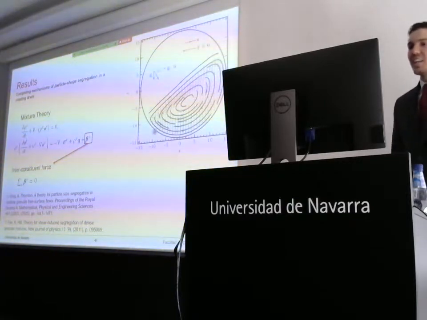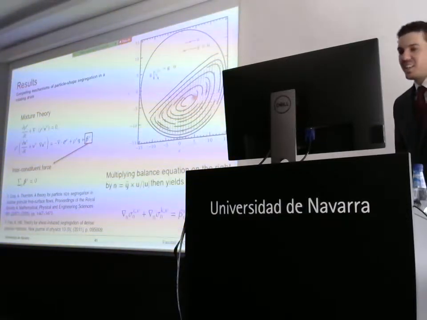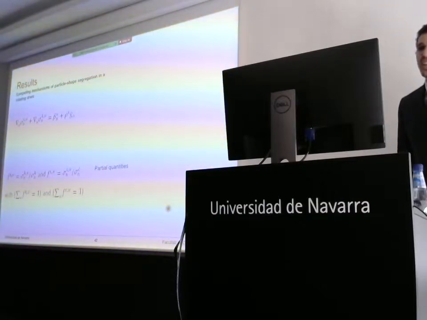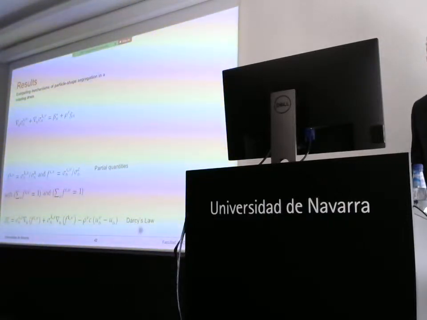So what we have here is the stream velocity. The idea is that the segregation should occur in the direction perpendicular to the stream velocity. So what we have to do is multiply this equation by the normal direction at each point, and we obtain this balance equation. The last ingredient that we have to introduce is to write it in terms of the partial quantities. If we do that, and we apply Darcy's law for the inter-constituent force, we will